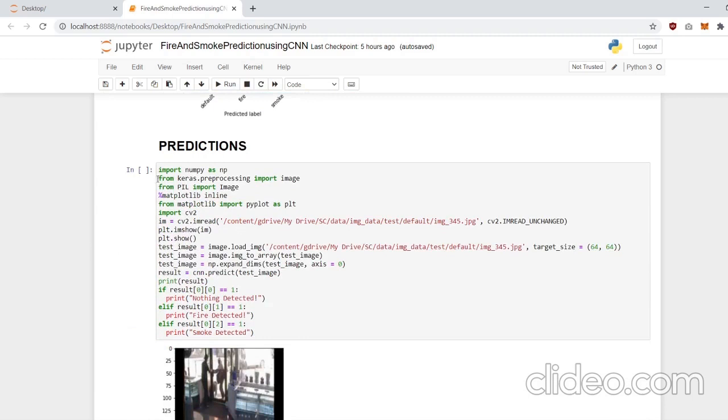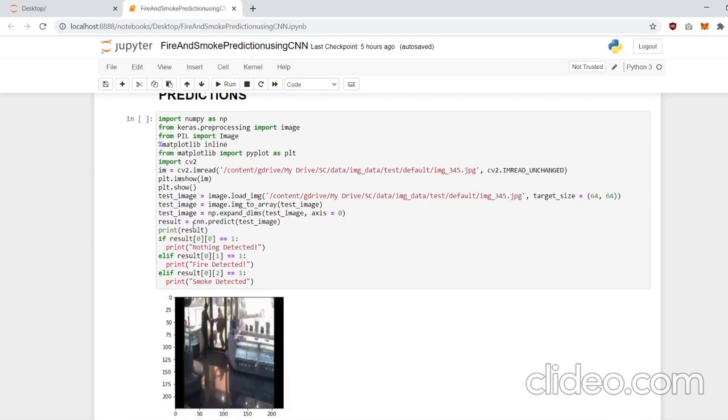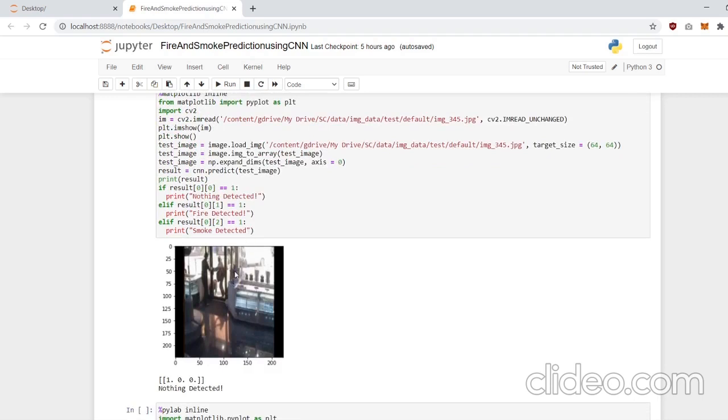So we are just importing the important libraries required for us to make the predictions. Over here we are using OpenCV in order to print the image onto the Jupyter notebook, and then in order to predict which class this image belongs to, we are loading the image from the drive where the target size is 64,64 because the image can be of varied size, but we have to convert it into 64,64.